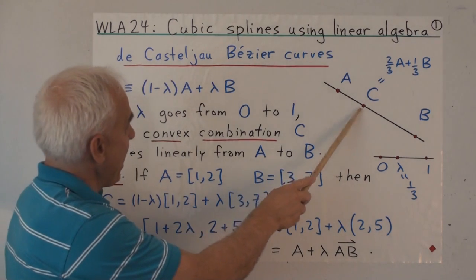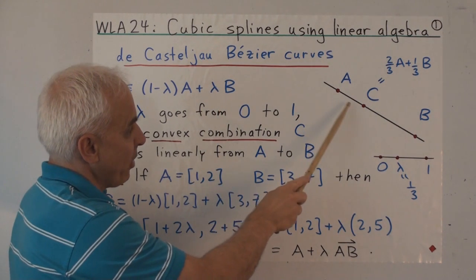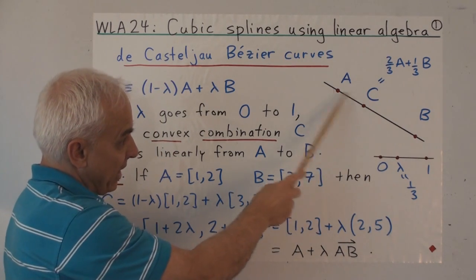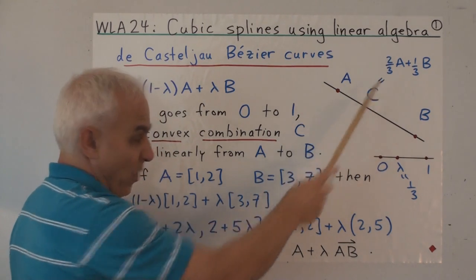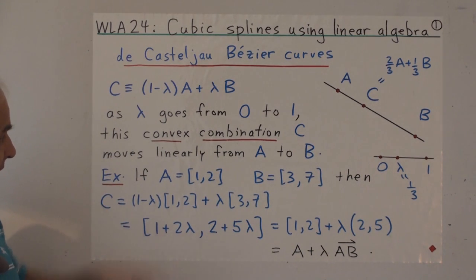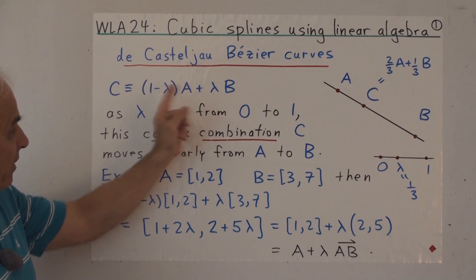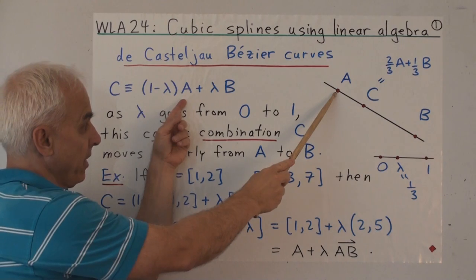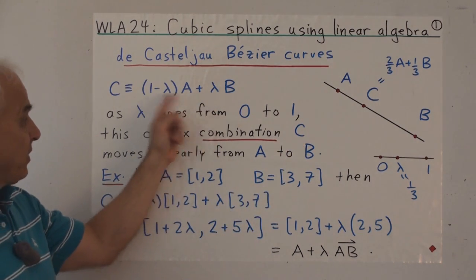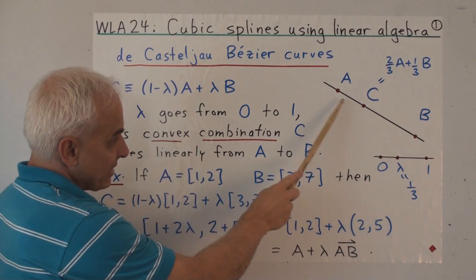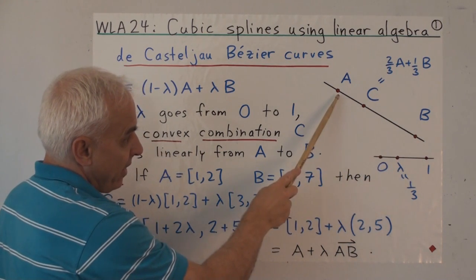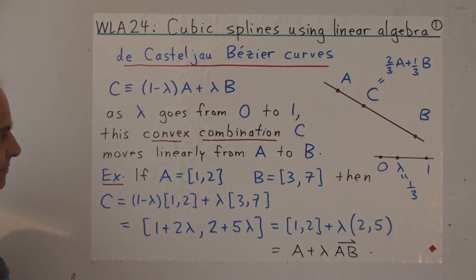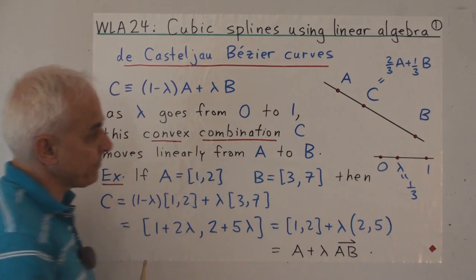Here's an example when lambda happens to be equal to 1/3. So this is the point 2/3 A plus 1/3 B. You see that it's between A and B, but it's closer to A than it is to B, corresponding to the fact that the weighting of A is greater. Indeed, when lambda is equal to 0, then we are just getting the point A. So that means that lambda equals 0 corresponds to this point here. Well, lambda is equal to 1. In that case, we get the point B, which is over here. So as lambda varies from 0 to 1, this point C goes from A to B in a nice linear fashion. So this is a parametrization of the line segment.